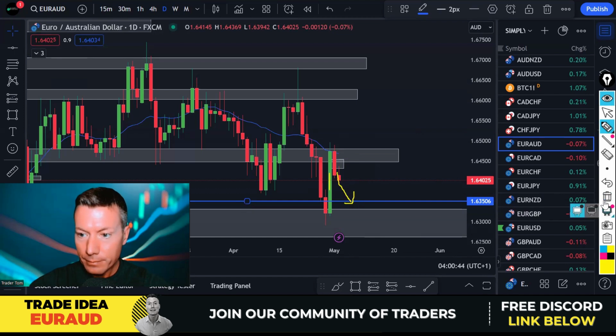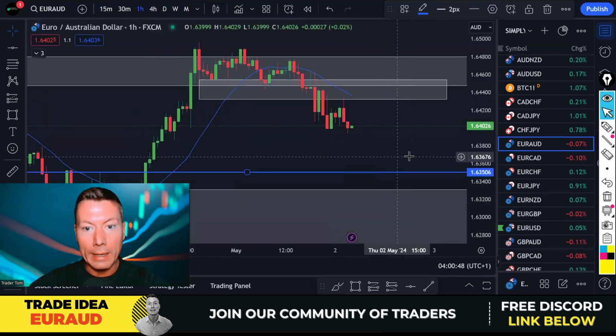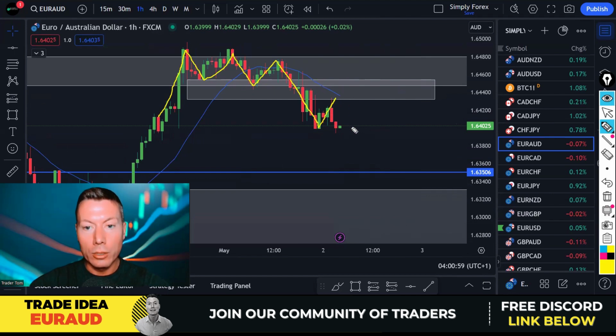If we drop down to the H1, we've already had our H1 breakdown. Price is broken down already. We just follow H1 structure. Yeah, we are coming down nicely. Okay, let's say we're here. So what do I want to see? I want to see price come back up to here, these last highs potentially. And we get a nice bearish reaction and we can start selling Euro Aussie dollar.